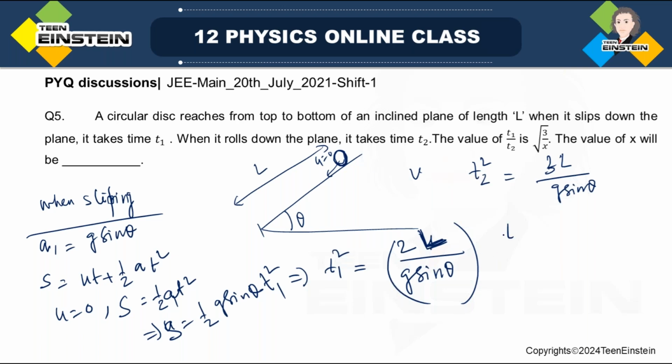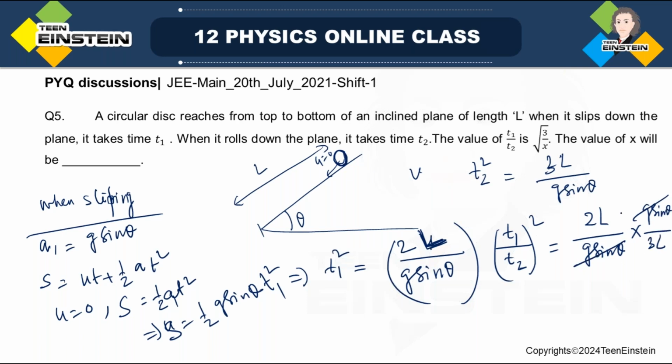And we have to get the ratio T1 by T2, so this whole square is equal to, so T1 square is equal to 2L by G sine theta, T2 G sine theta by 3L. So the L cancel each other, so 2 by 3. So T1 by T2,